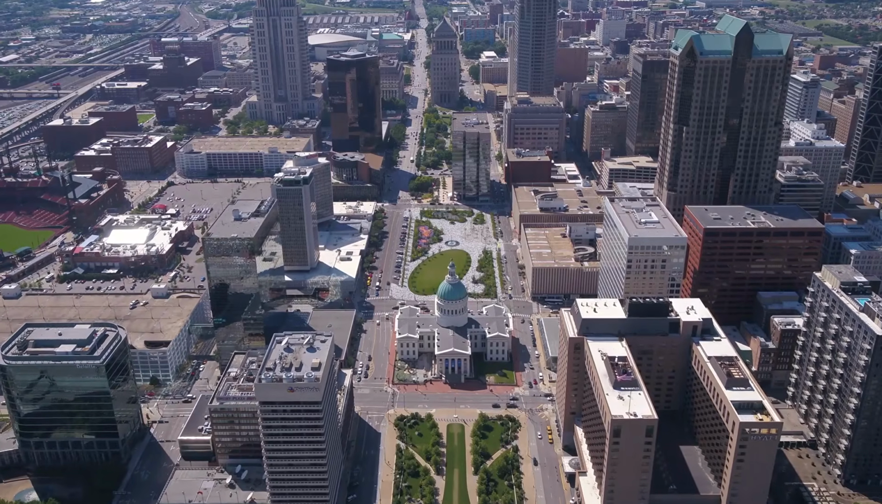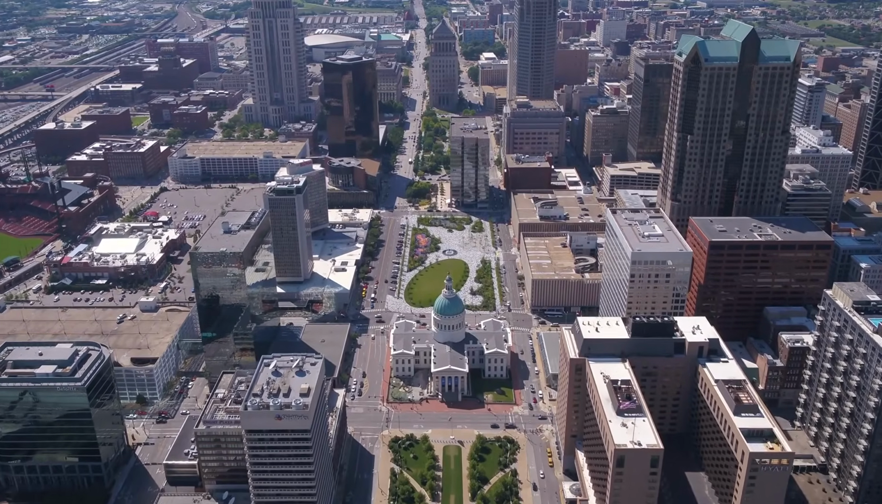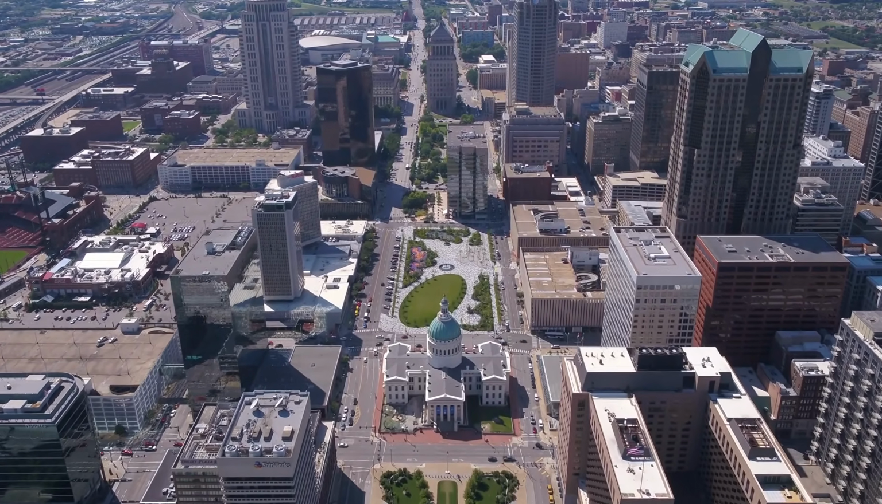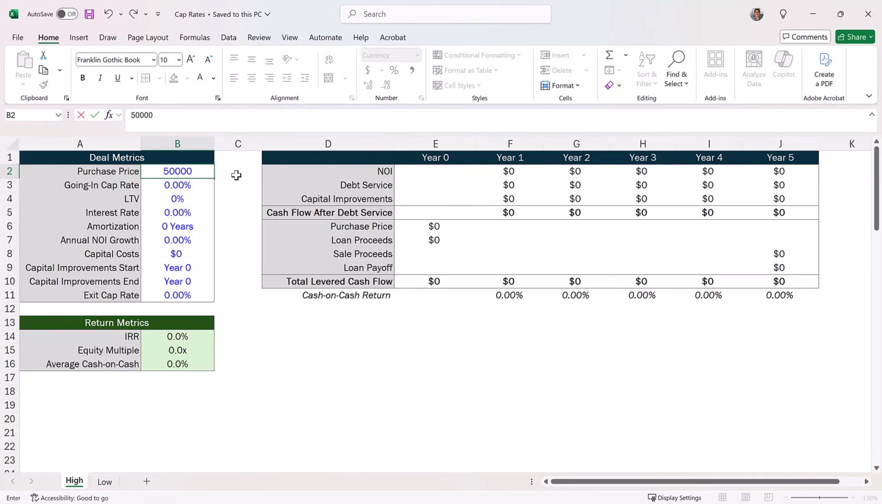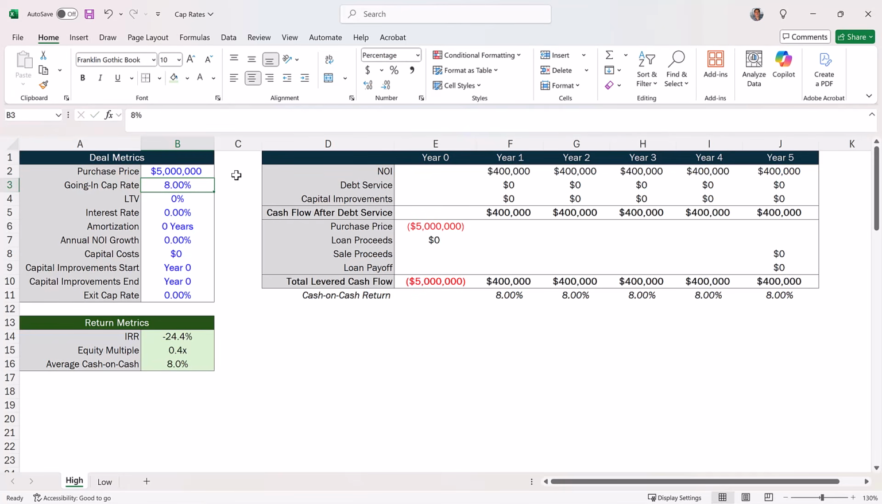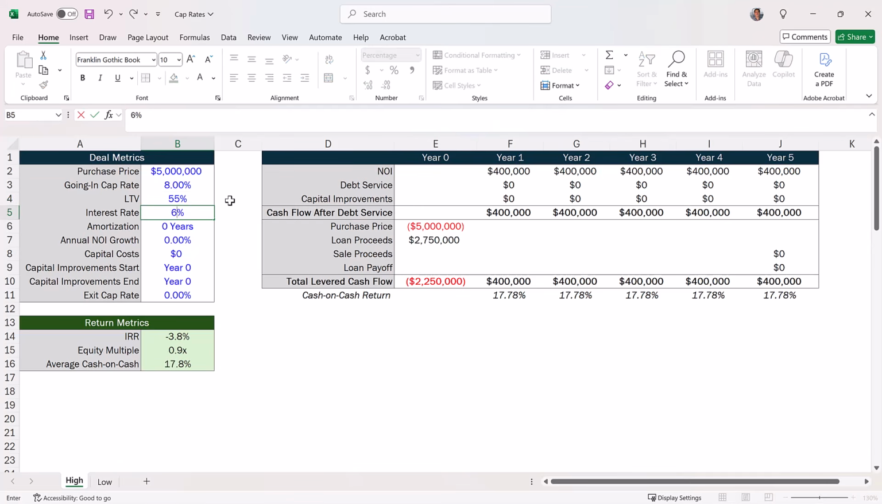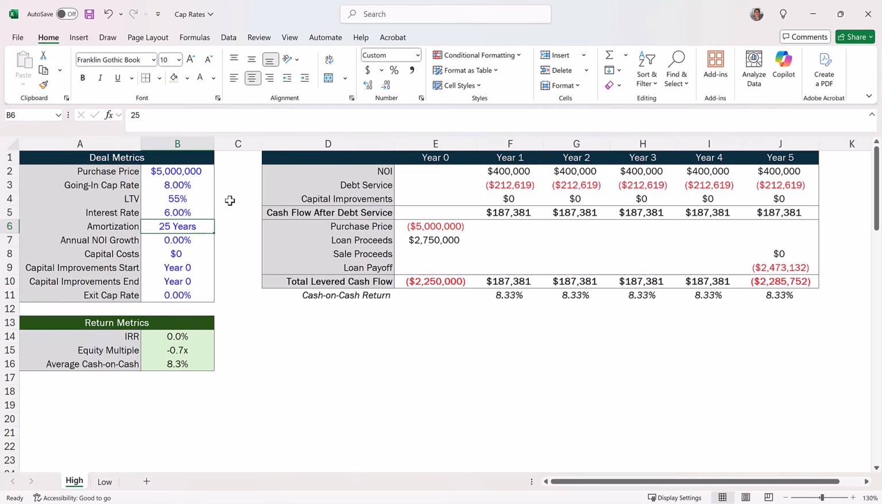For example, let's take a look at a sample property acquisition in a slow-growing market where demand is weak and developers can easily build new product, where a property is priced at $5 million at an 8% cap rate. Let's also say that due to declining population growth over the last few years, lenders see this as a risky market to enter, and they're only willing to issue loan proceeds of up to 55% of the purchase price at a 6% interest rate, amortizing over 25 years, and we can only assume to see 2% annual NOI growth over